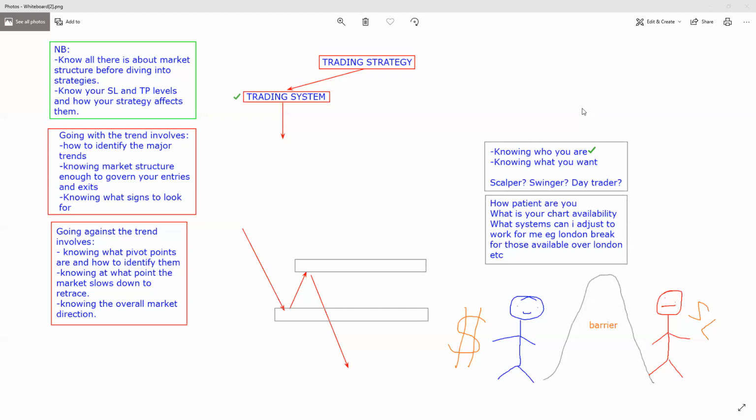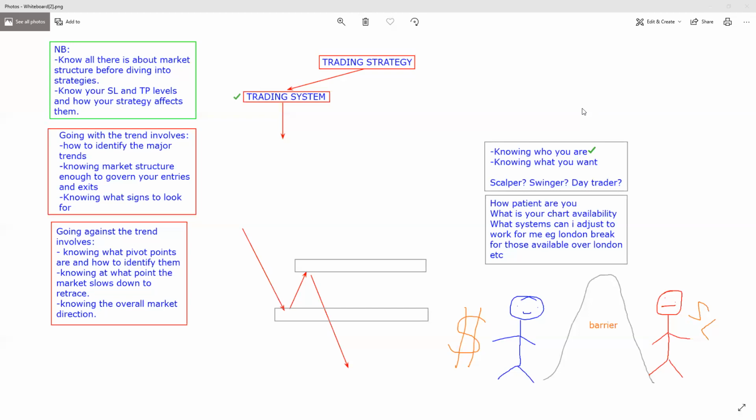And also, if you are up for, and I put this in quotes, quick profit, then a swinger and a day trader wouldn't be for you, because swingers and day traders take a longer period of time for their trades to take profit, because they have a wider pip margin than the scalper, because the scalper is looking for 5 pips to 10 pips every trade. So once you realize that, you'll know who you are, and once you know who you are, you'll know what kind of trading system you'll be looking for.